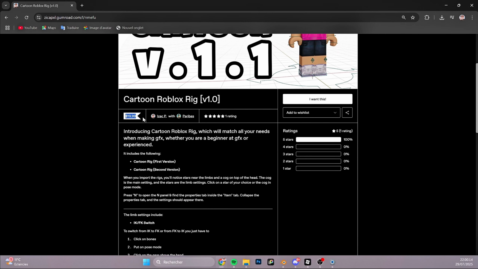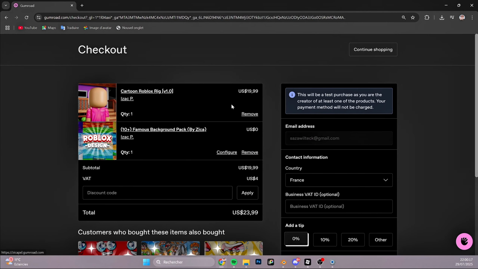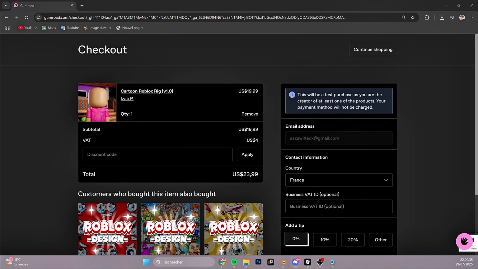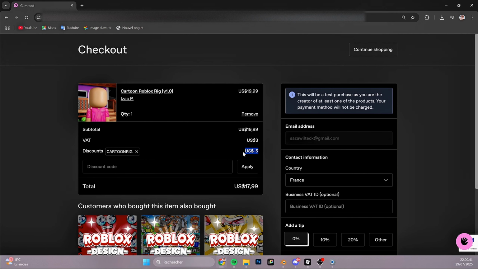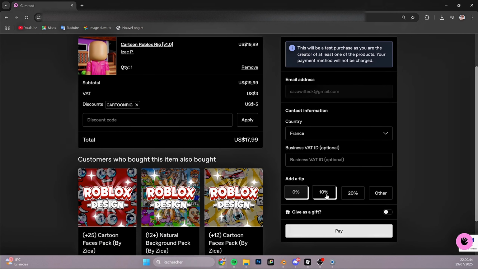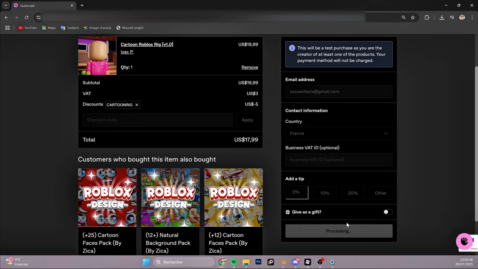So to download the famous rig, you just need to click on I want this on my Gumroad page that contains the cartoon rig. Well, for me, it says I want this because I'm the creator, so I don't necessarily need to buy it. But originally, it will say 20 euros. You will need to enter 20 euros in the thing, then click on I want this. Then you click on pay, there you go, on pay, and then normally you will receive the pack somewhere in